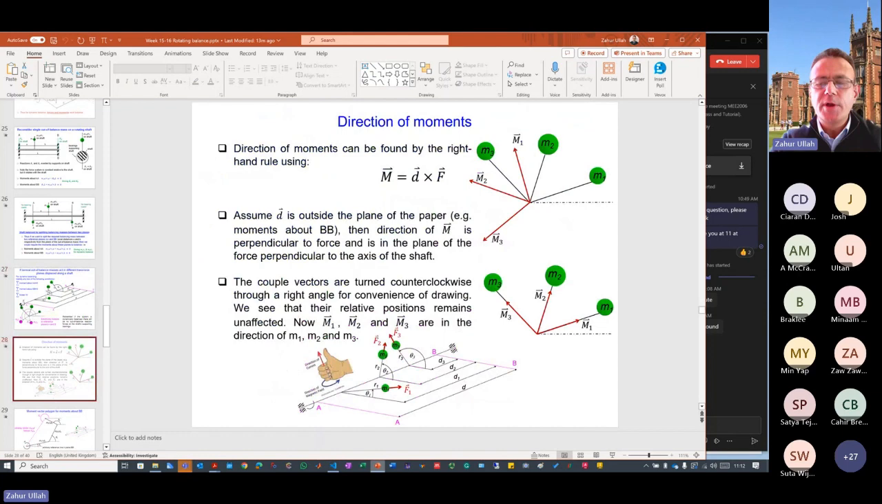Okay, so again, if you remember last time, we discussed how to calculate the direction of the moments. So in this case,